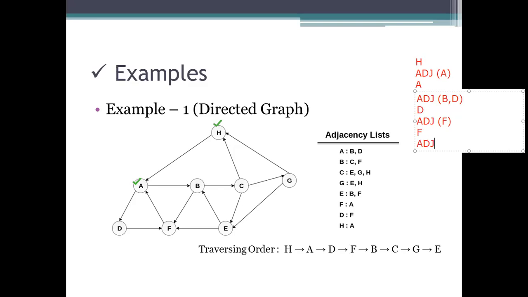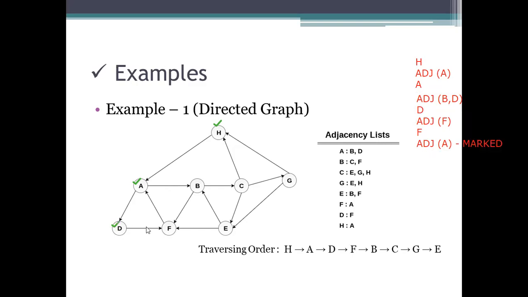Read the data of that one. Adjacency of F, see here, it is A. Adjacency of F is presented as A. Before visiting each and every one, we need to see whether it is a marked one or not. Then we will get the information about in which order we need to traverse.